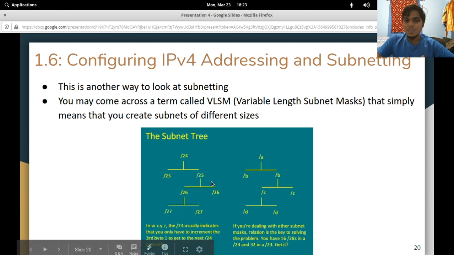But the idea here is that you do not need to address your hosts from these two blocks alone. For instance, a business might say, okay, I have a /24 that I've been assigned. I want to break that up once into two /25s, but then I have one big network for my data center that needs this whole /25, and the other /25 I want to break up even more because I have some smaller networks. So they would take that /25 and break it up into two /26s while leaving the first /25 by itself. And then maybe they'll leave one /26 and take the other one and break it up into two /27s.